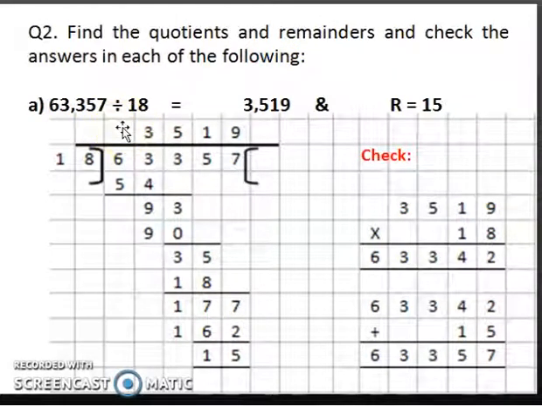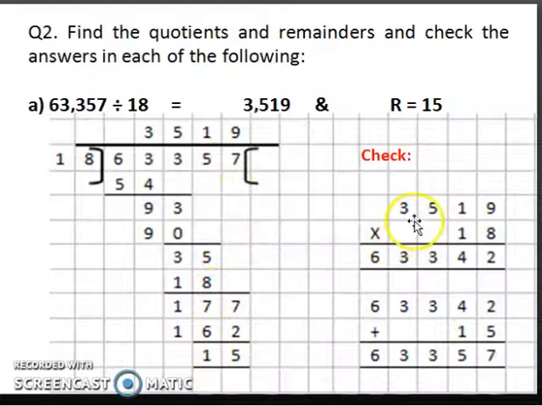18 table तो फिर भी आपको याद होगा. In the further parts, you will have 2-digit numbers जिनके table हमें याद नहीं होंगे. For that, you will be needing a rough column. अगर आपको 18 का भी table याद नहीं है, you make a rough column here and you multiply here and check your answers. So 18 3s is 54, remainder 9, copy down 3, 18 5s is 90, 3 as the remainder, copy down 5, 18 1s are 18, remainder 17, it is less than 18, so that is correct, copy down 7, and 18 9s is 162, the remainder 15.